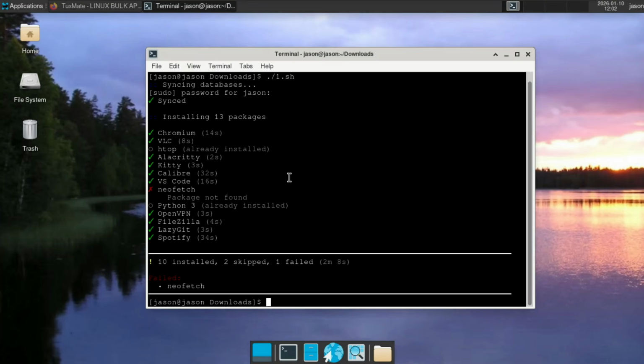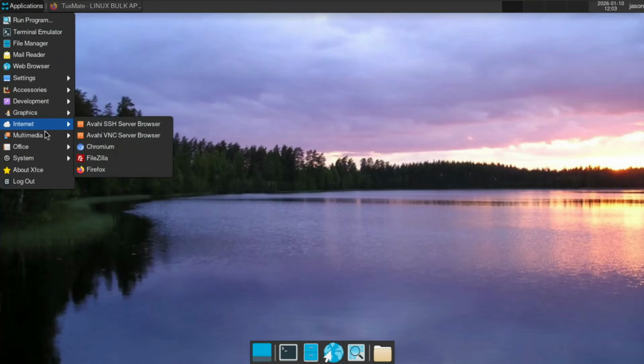And just like that, everything is installed. And would you look at that? The only package that didn't install is NeoFetch, because of course it's NeoFetch and not FastFetch. Pretty understandable. Now, if we go to applications and see if everything got installed, yes, indeed, Chromium got installed, FileZilla